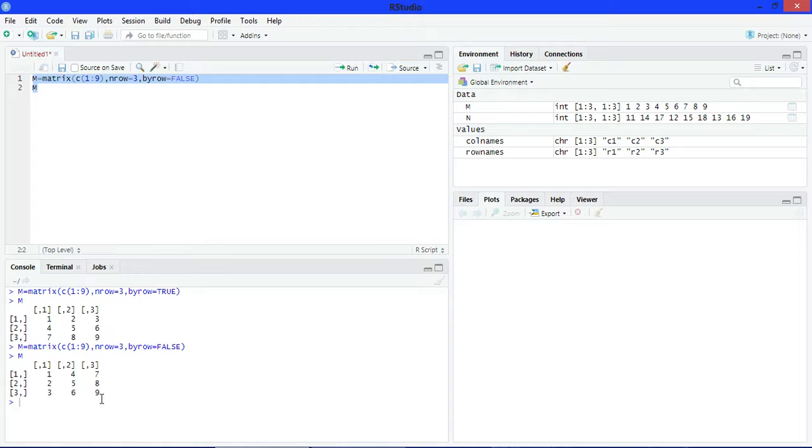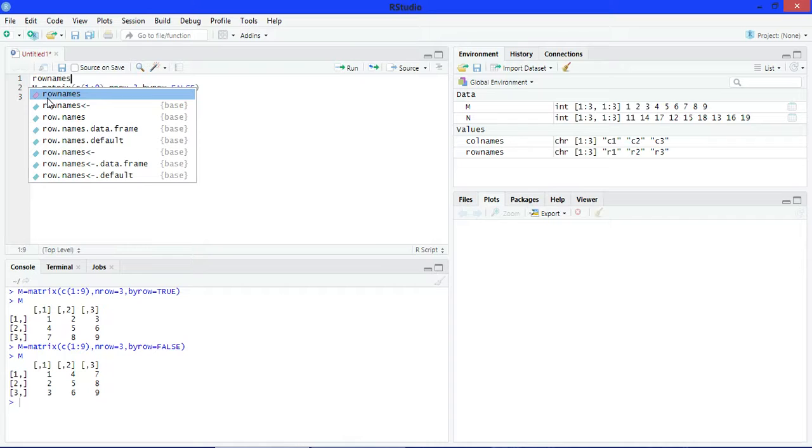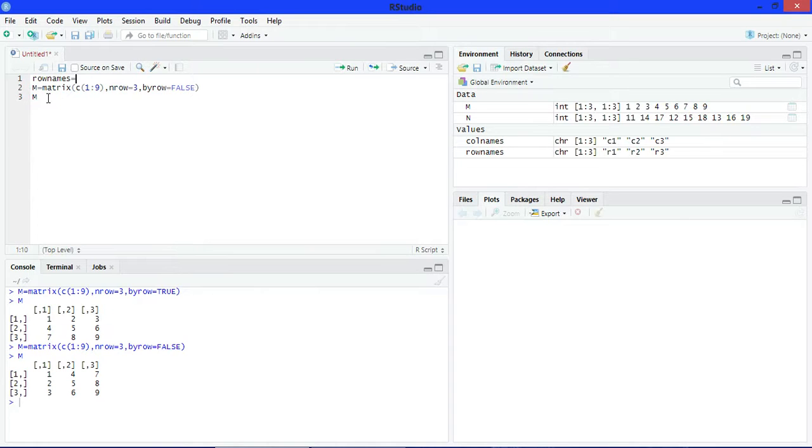In R, we can also put names of individual row and column. See, write here row names is equals to, we have 3 rows, so write here 3 names. Same for column.